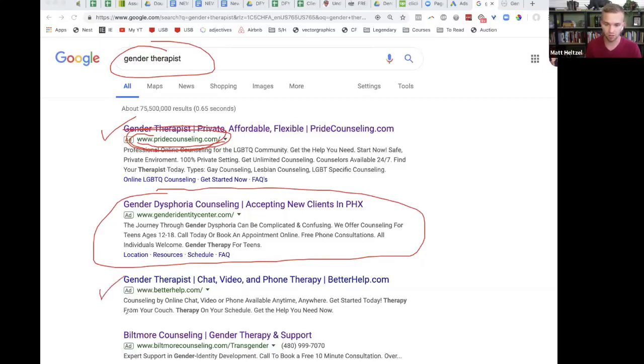Again, here and again here. So all of these, you can see the keyword. You see the keyword? Bingo. Now this right here, BetterHelp is doing something called a responsive ad.